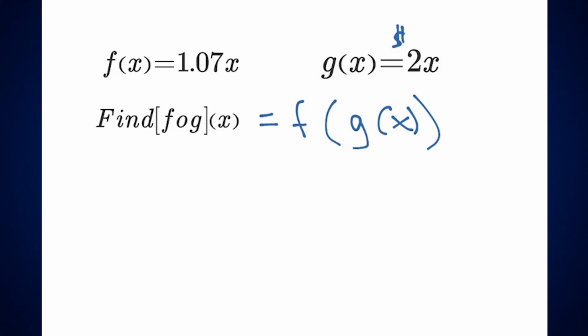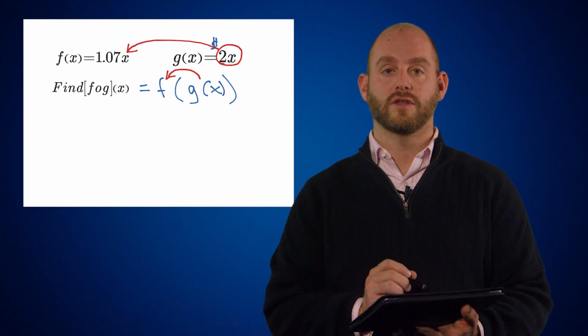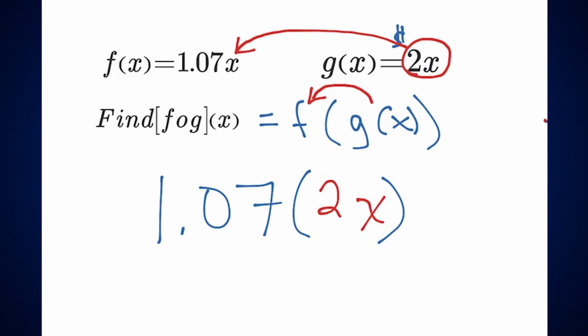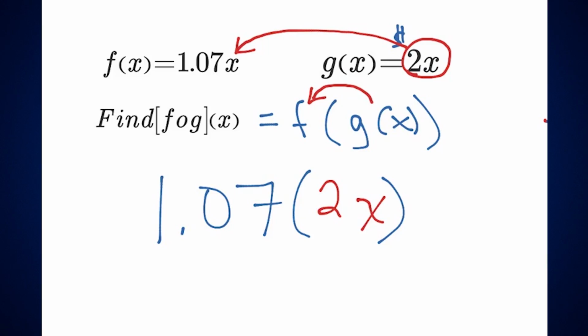So if I want to create a super oven out of these 2 functions, I'm going to take the g of x function and substitute it into the f of x function. We're going to take the 2x function, our inside function, and substitute it into the outside function. So now I have 1.07 times the g of x function, which is 2x. If I multiply 1.07 times 2x, I get the function